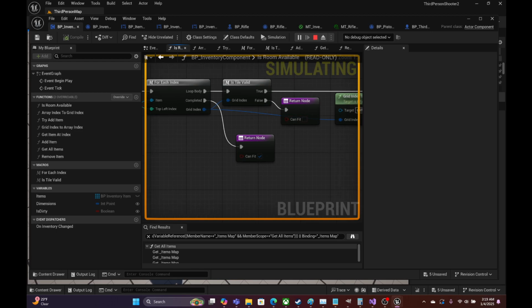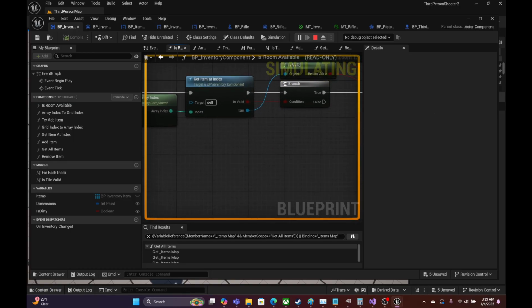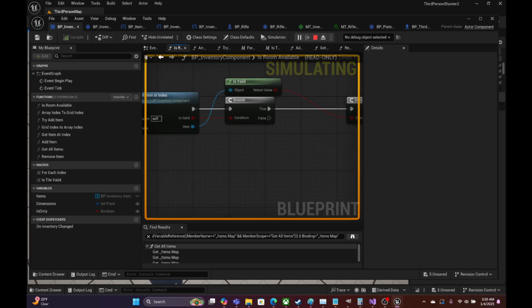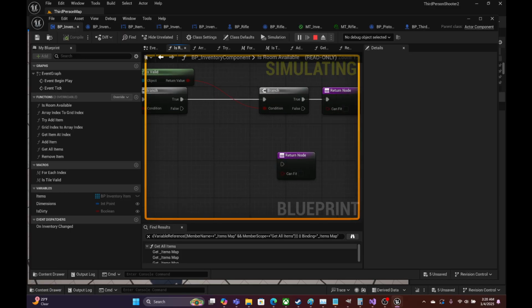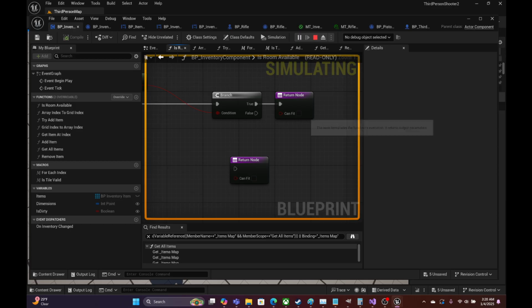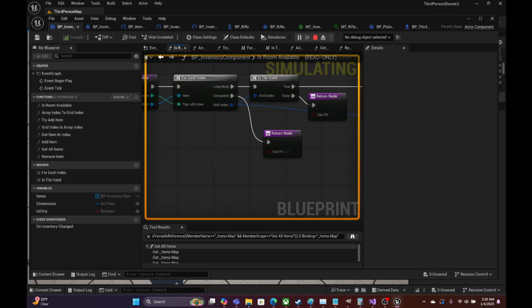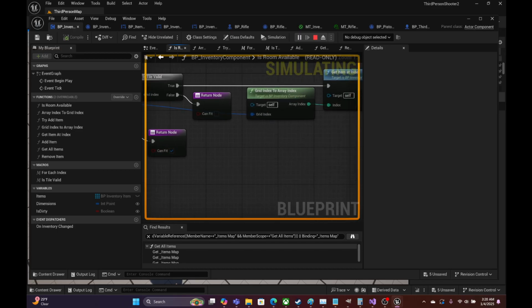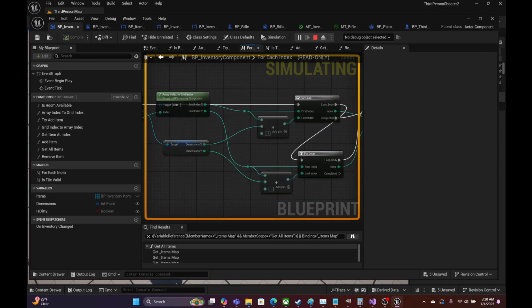If the tile is invalid, it can't fit. If the tile has an item in the slot, it can't fit. If we get through all these checks successfully, the item can fit. And we need to do this for